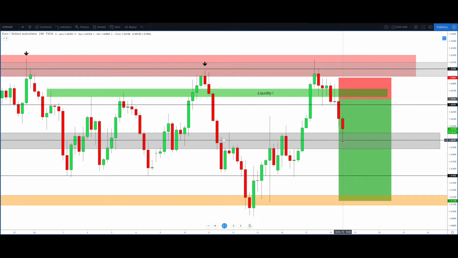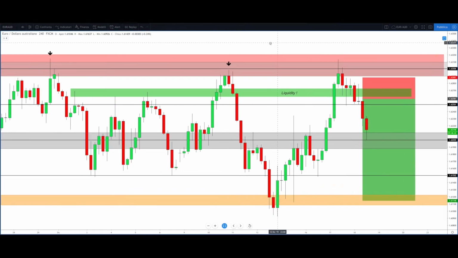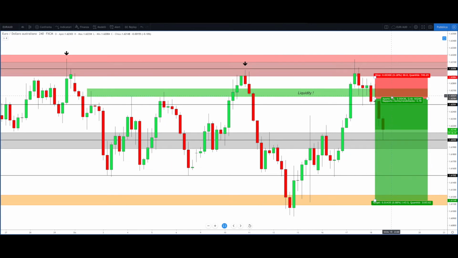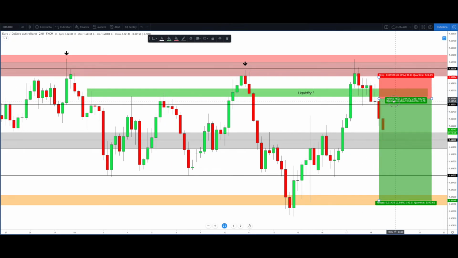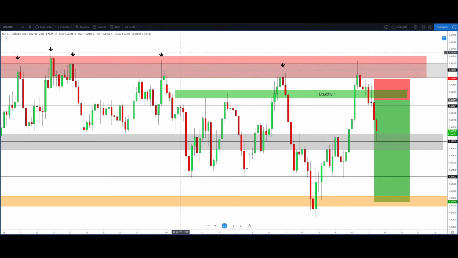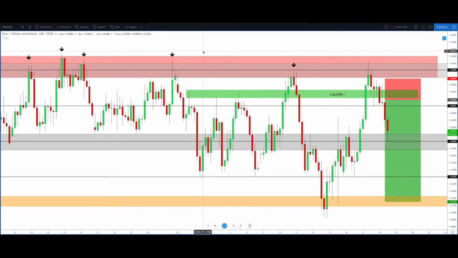But first of all, I want to give you some free gift with this analysis on the possible entry point below 1.62. And second thing, I want to share with you here how strong is 1.63, because if in the next weeks or month the price will reach this level again, look